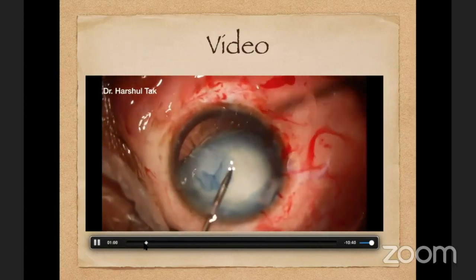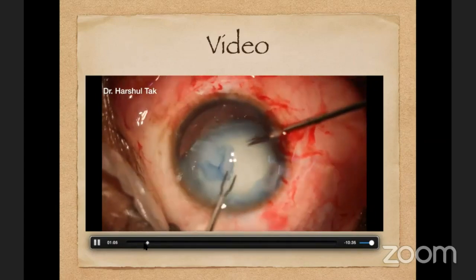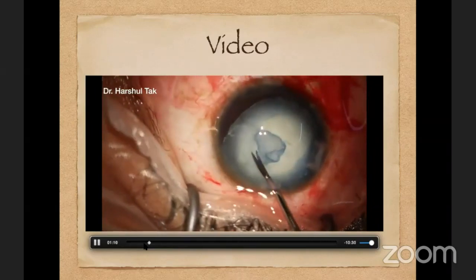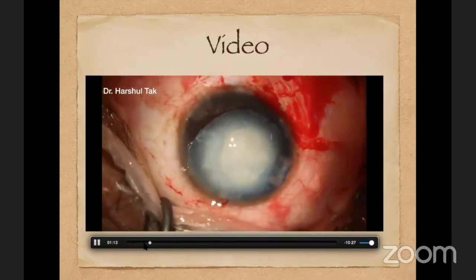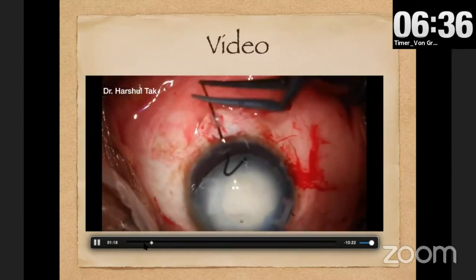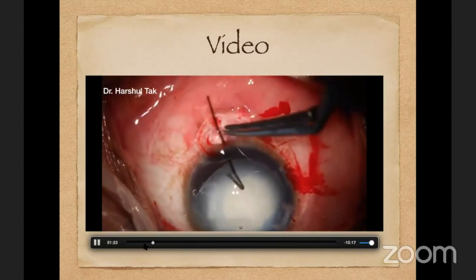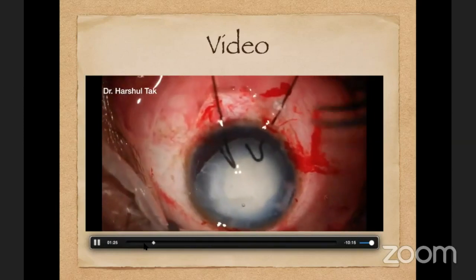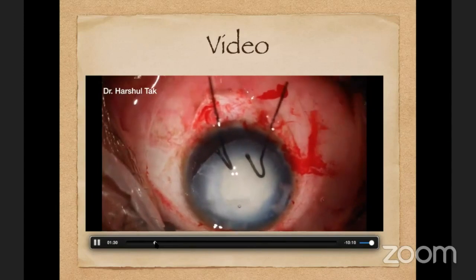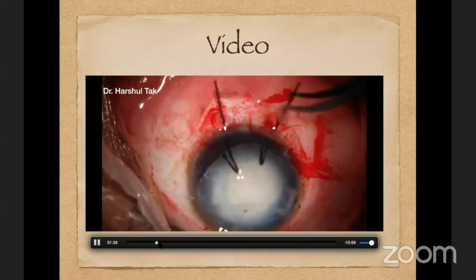Before starting this case, you need to put capsular hooks to stabilize the lens bag complex in the anterior posterior direction. So once I finish doing capsulorhexis, now I make a space with OVD. This is the OVD which I'm making space with, and these are the capsular hooks. You can use iris hooks, but it's better if you use the capsular hooks because they are specifically designed for this use. So once you stabilize the entire bag complex in the anterior posterior direction,